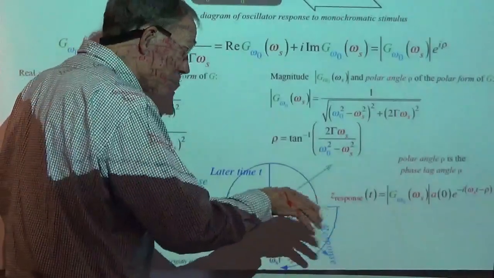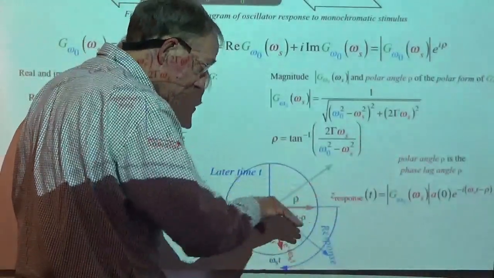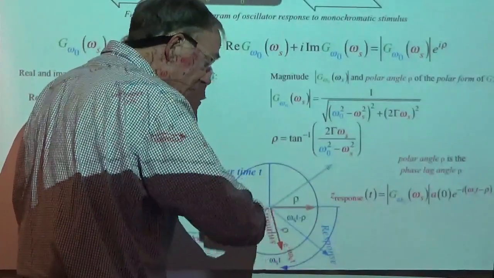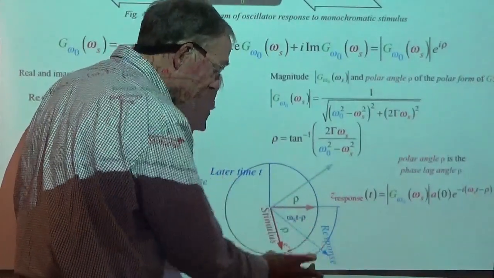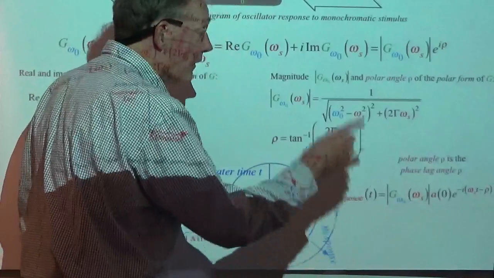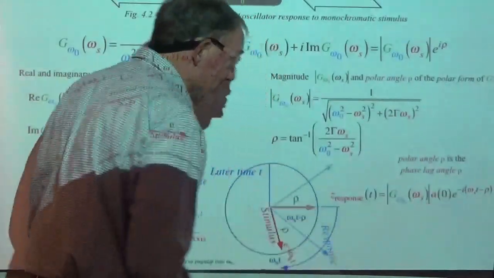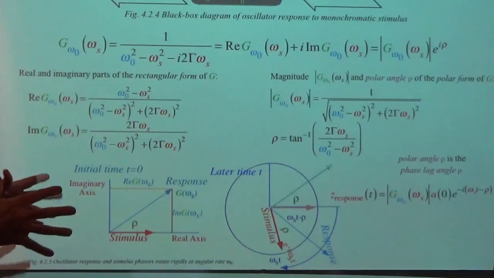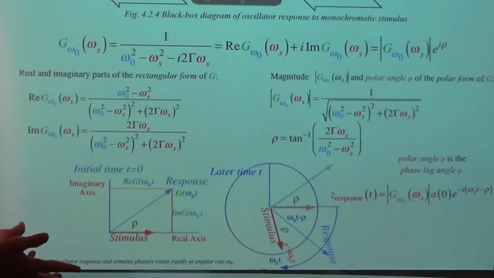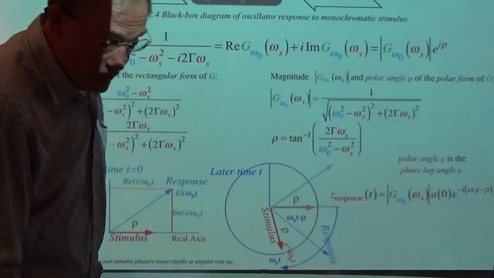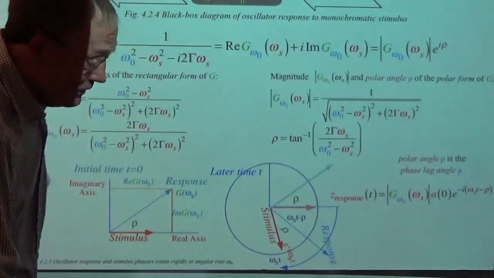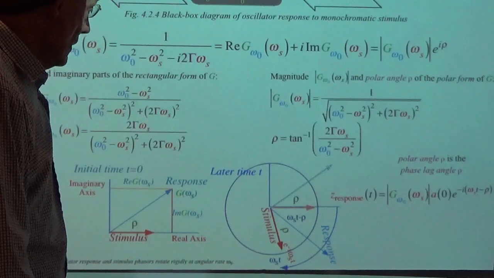Every once in a while, though, we're going to see it because of the initial conditions, you know, oscillate around the stimulus and then damp in on some particular angle. That's that angle that we're headed for. That is the phase lag that you ultimately get when this thing settles down. So that's just stating what it is that you need to know and that we need to talk about for